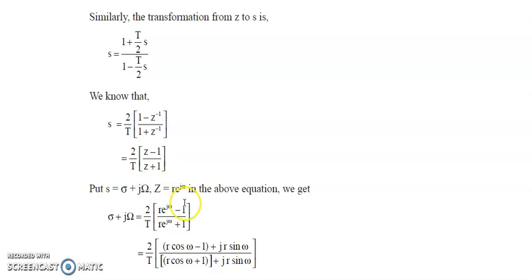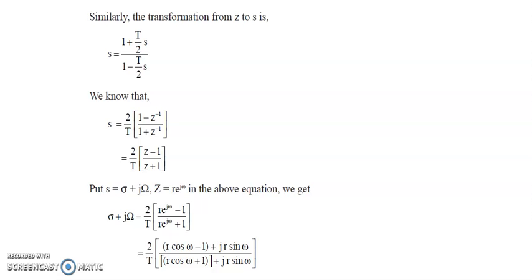And in case of your z plane, how do you write? So z can be written as r e power j omega. Why are we writing r e power j omega? Because we are saying that the poles are said to be stable if they lie in the unit circle. Okay, so they can lie. This is the equation of a circle, r e power j theta. That's the equation of the circle. So we can write z equals r e power j omega.